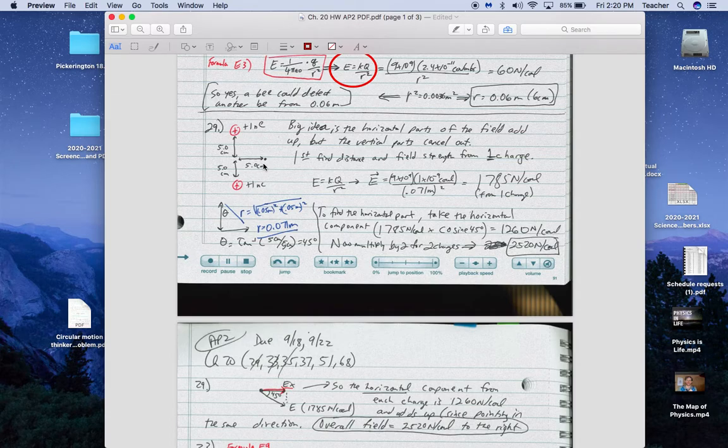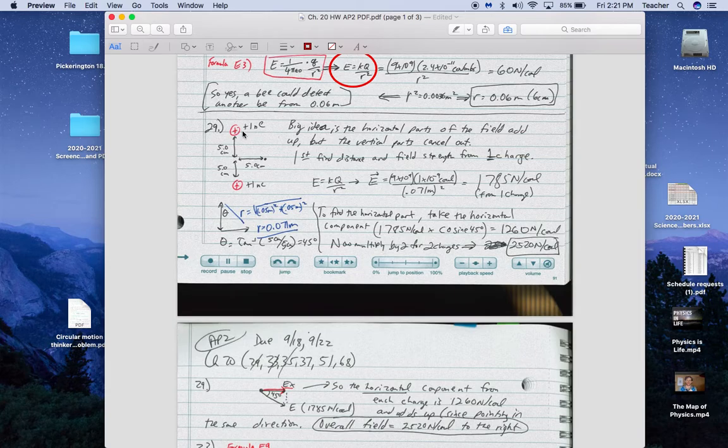But the vertical components of those fields cancel out, whereas the horizontal components would add up. And this is how, again, I got the 0.071 meters. So I know that this is a 45-degree angle from each of these charges to here, because I was given that each side was 5 centimeters. So to find the horizontal part, I would take that electric field and multiply it by the cosine of the angle to determine the horizontal component. So 1785 newtons per coulomb times cosine of 45 degrees gave me that amount of field horizontal from the top